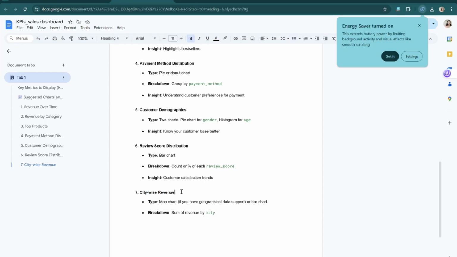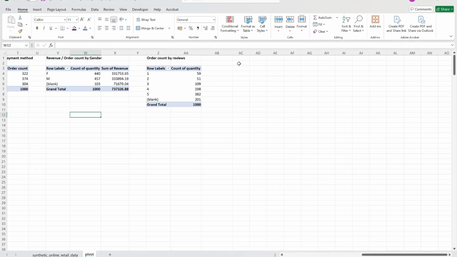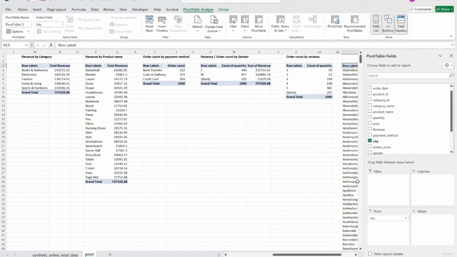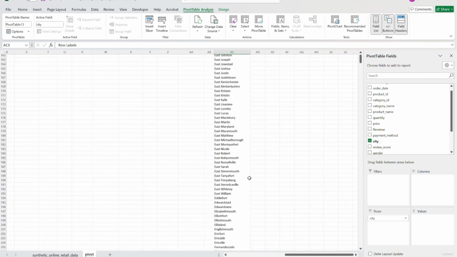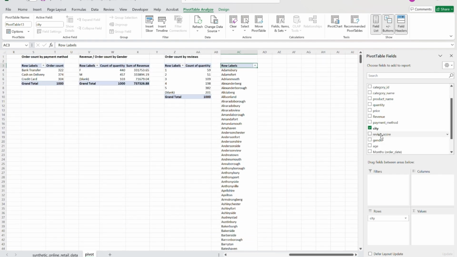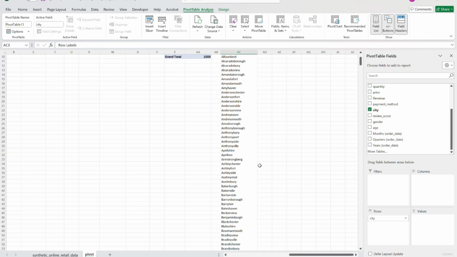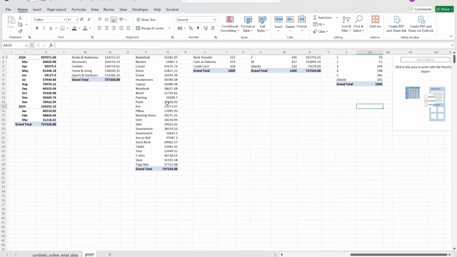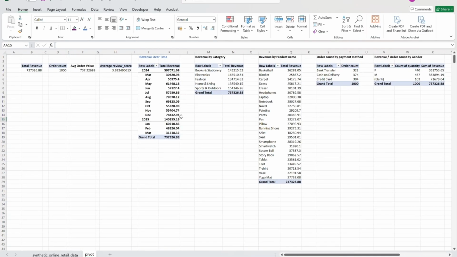Also, one more KPI is left, which is city wise revenue. For displaying the city wise revenue, city is something that I would like to display in my rows, but I guess it's going to be too long. So let's just ignore this metric, because in this case we have so many cities, so let's just drop this key metric. Okay, so let's keep these KPIs only for now, and let's create the chart for each of these KPIs,